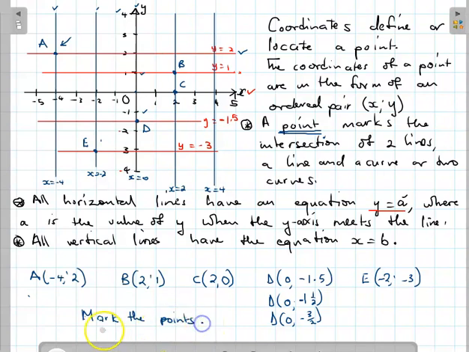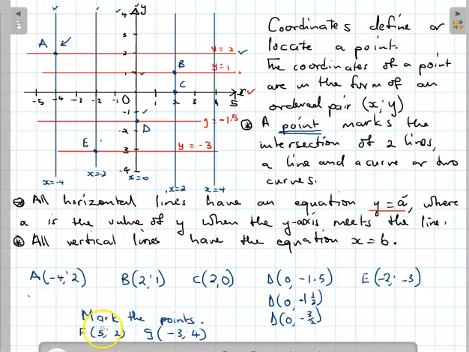So these are the points you want to mark. Let's say F, and F is (5, 2), and point G is (-3, 4). Right. So what you do is you just say, okay, if F is (5, 2), it means the value of x is 5